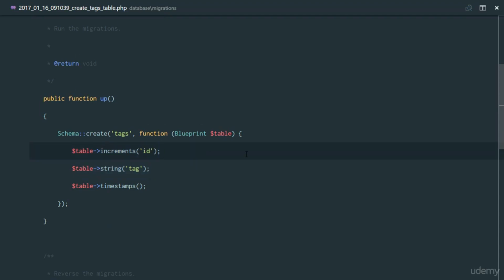Now we need to associate our post with our tags. What is this going to look like? This brings us to the concept of a new relationship called many-to-many relationships. And what are many-to-many relationships? Remember, for one-to-many relationships, a category can have many posts, and a post can belong to only one category. But in this case, a post can have many tags, and a tag can actually belong to